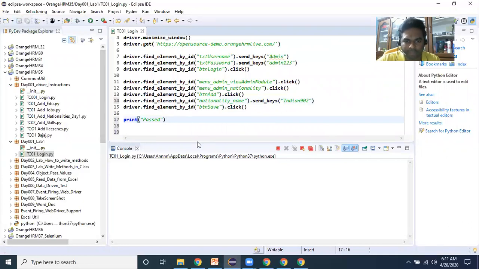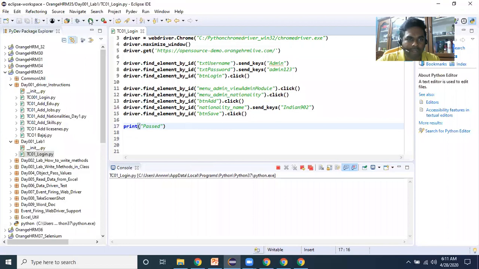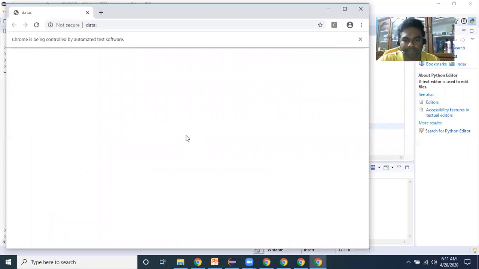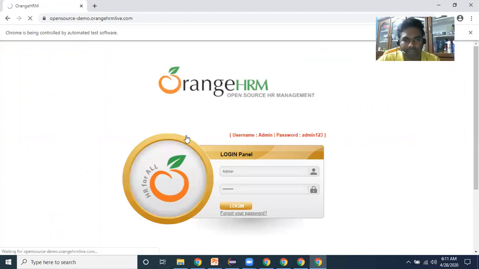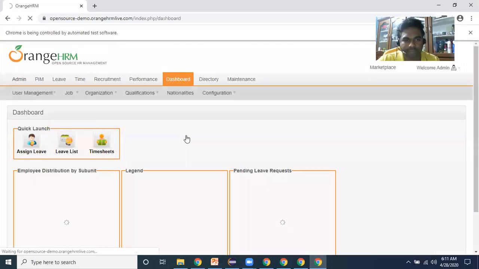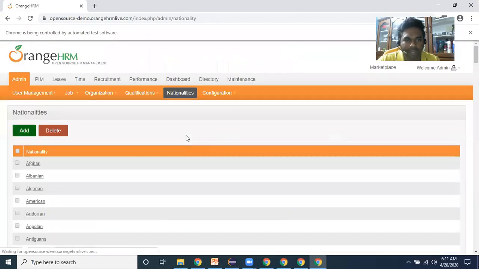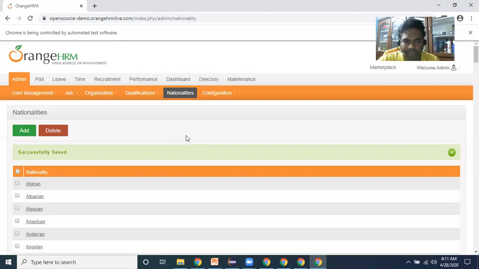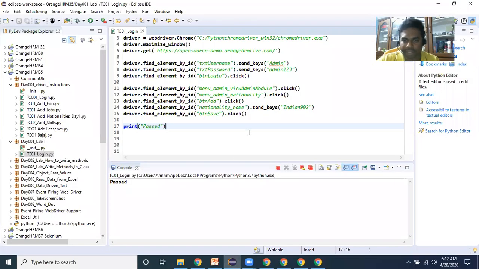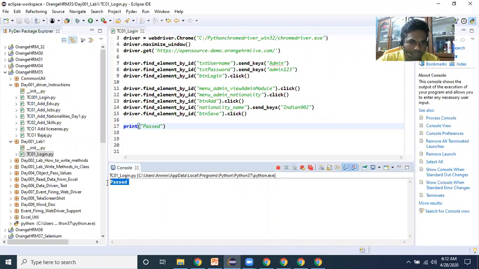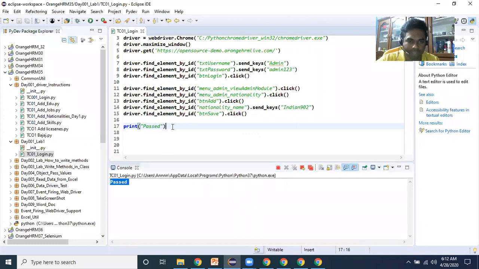Let's save the program and rerun it. The nationality record Indian 902 is created successfully, and we are able to see in the console that the execution progress successfully passed.